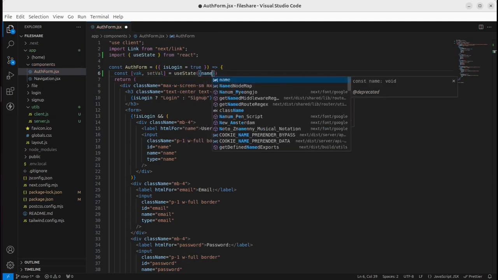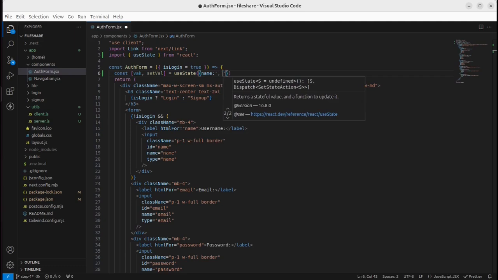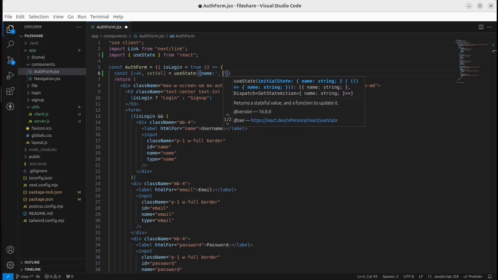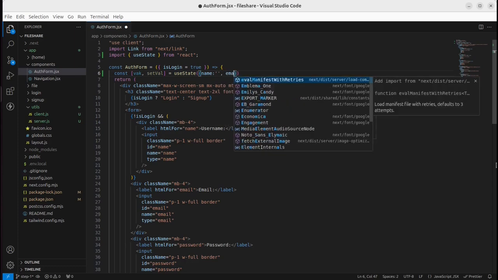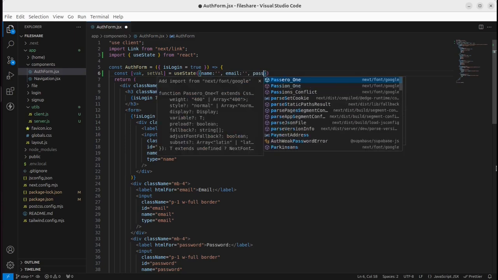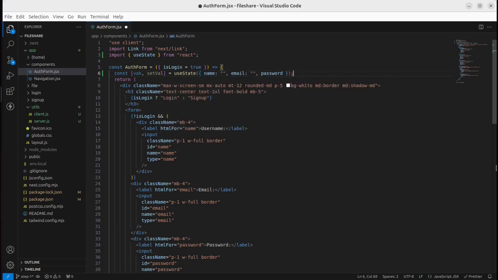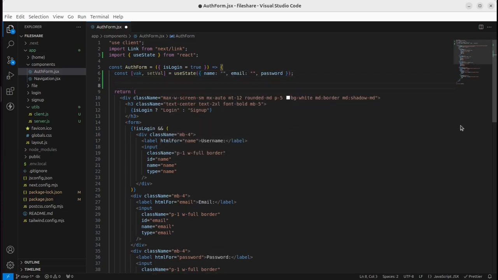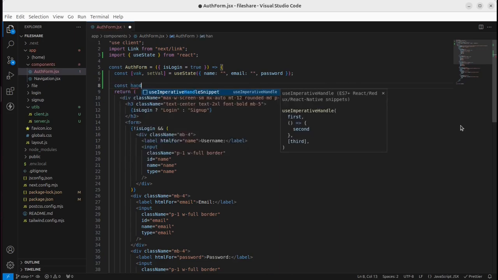It will be name, initially it will be empty string, email, and password. And now handle change function to capture key press,